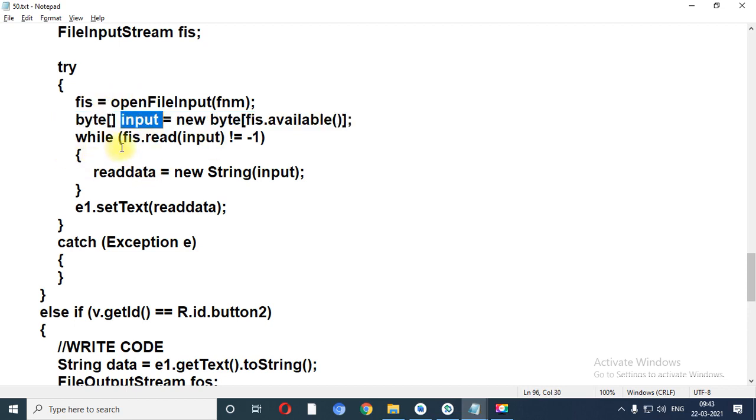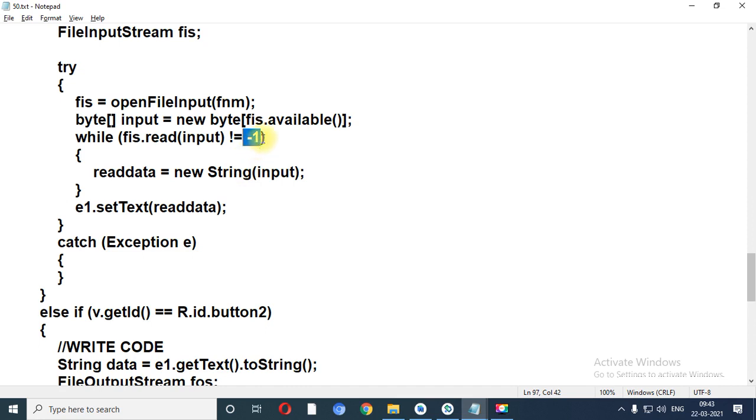So for that, while file can read the data of input variable, that means one character will fetch from the file, and if it is not -1, now see what is the number -1? If your number is -1, at that time your whole content is copied from the file.